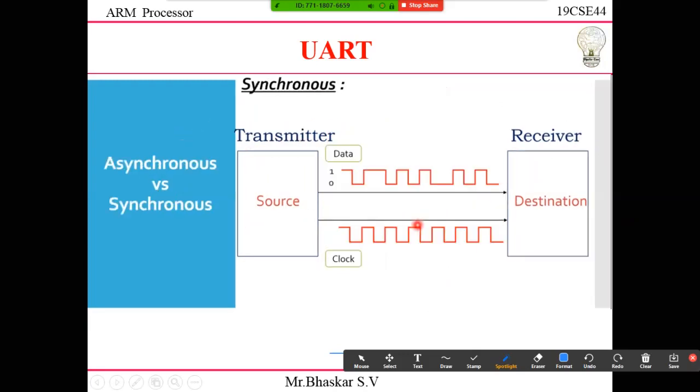Next, the words synchronous and asynchronous. Asynchronous is nothing but not depending upon a clock signal. You can see the data here: zero, next one one, next zero one zero one zero zero one zero. Depending upon that, it will be transmitted, but it does not depend upon the clock when it comes to asynchronous. Synchronous totally depends upon the clock signal. In this way my data will be transmitted. That's why it is called asynchronous receiver and transmitter.